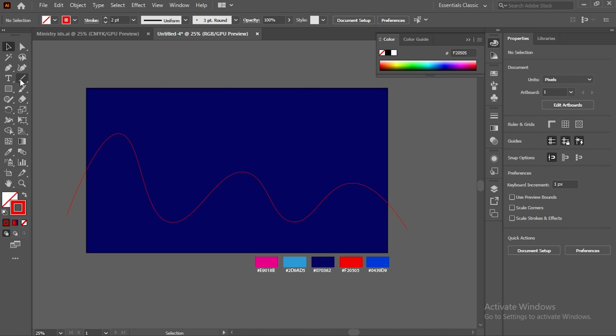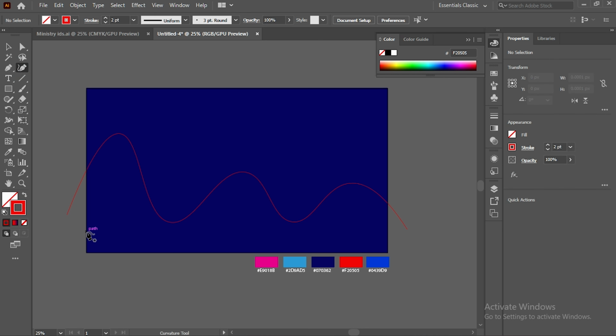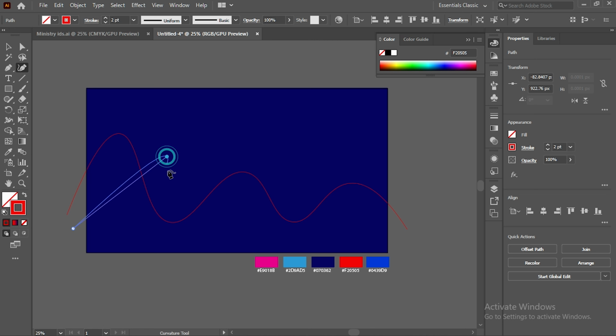Now come and select your curvature tool again and create another wave. Alright, no, this is not what I want. Come and create your